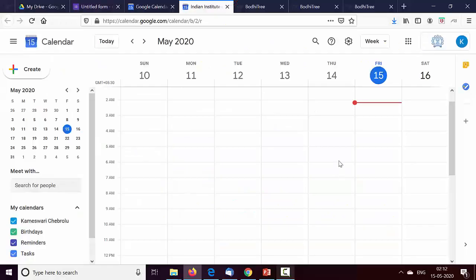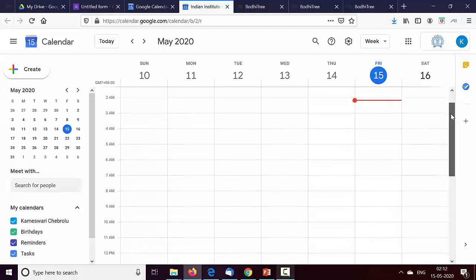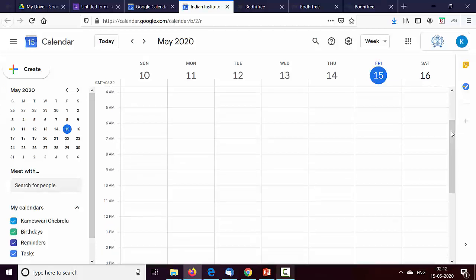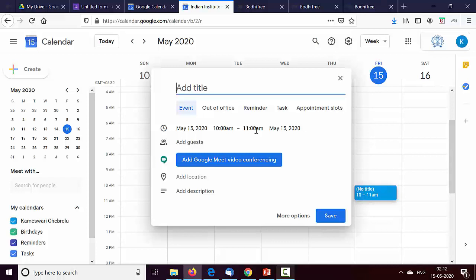So let's first see how to schedule a live session via Google Meet. For this, I'm going to my calendar. Let's say this session is scheduled on 15th May at 10 a.m. So that is what I'm setting here.